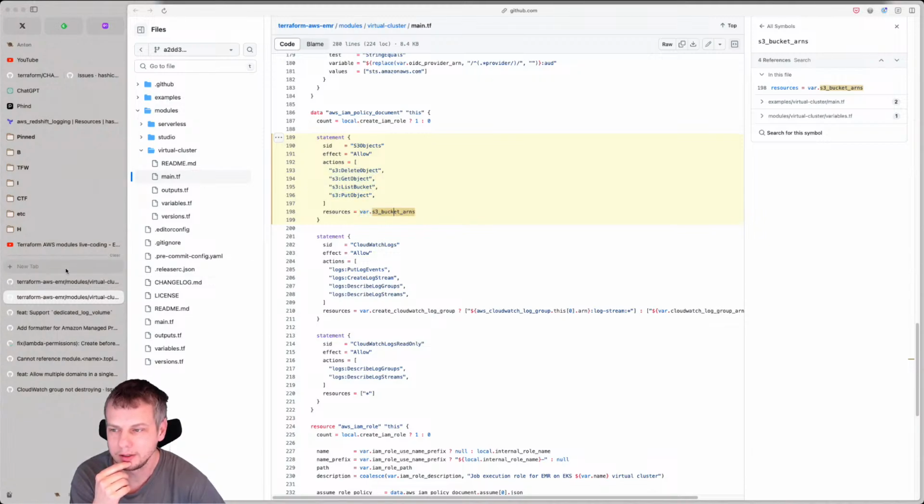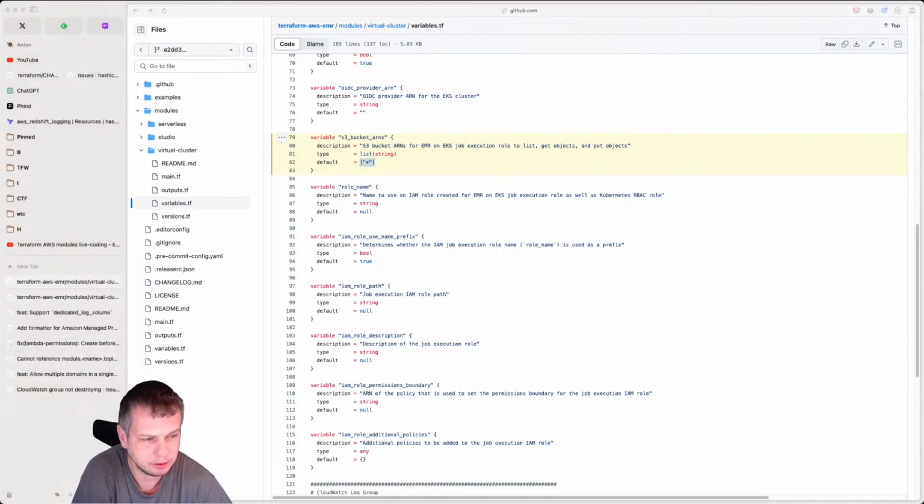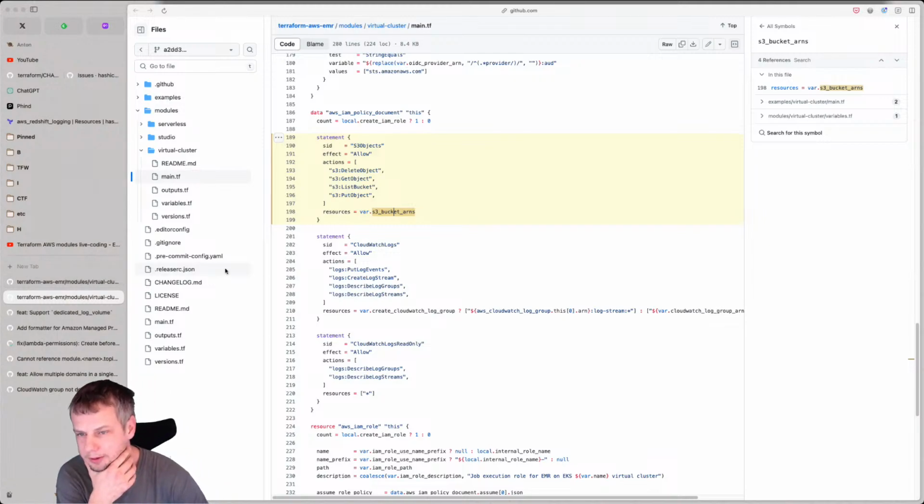So this bucket ARNs, which is mentioned here as var.s3_bucket_arns, has a default value of star. And he said that people were adding permissions manually to the new role, not knowing that access to all is anyway open, right? Yeah, which is a pretty common thing.